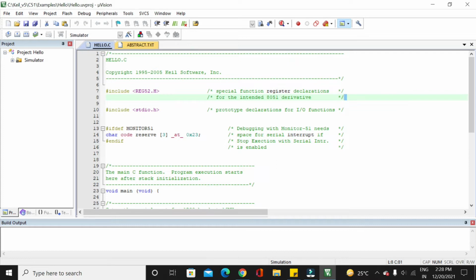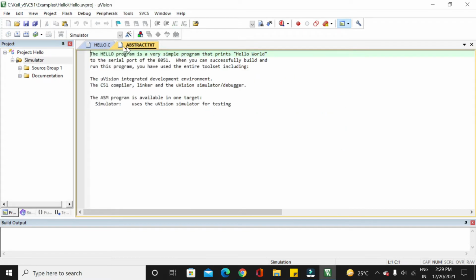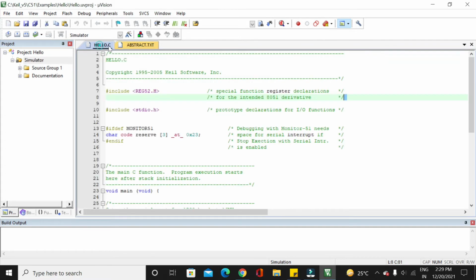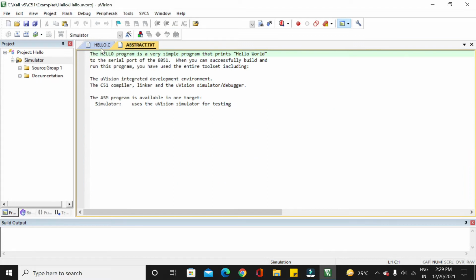There are different windows. You can see on the left side there is a project window with an example project, like the one which we saw in the last video. On the right side you can see there are two things, hello.c and abstract.c.